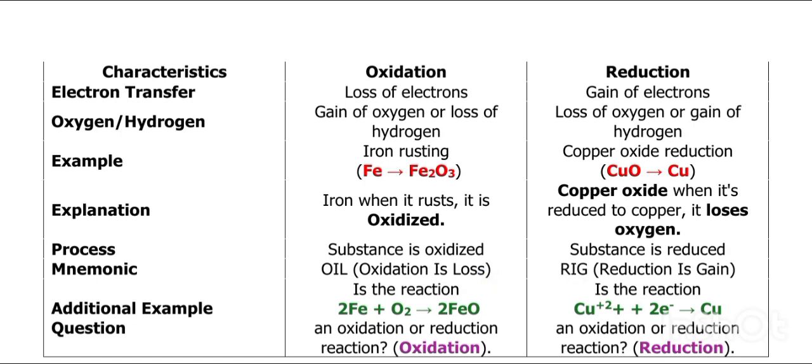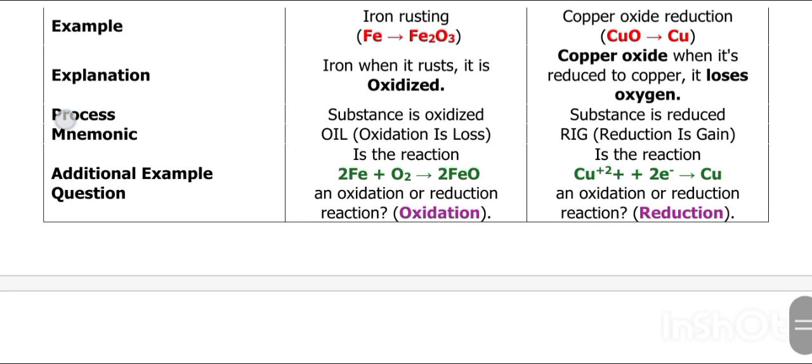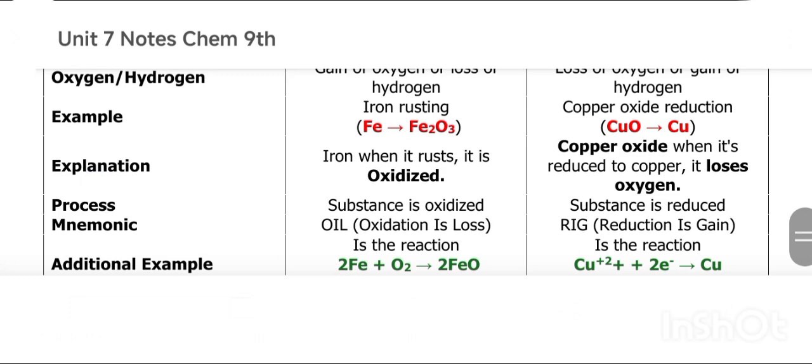Additional example is also given, in which iron is reacted with oxygen to form iron oxide. So oxygen is added, it is simply oxidation. Copper plus 2 is gaining 2 electrons to form copper. You can simply call it as reduction because of the gain of electrons. Now here there are two plus charges. One I had put by mistake here. I am going to remove it. When you are writing this, just remove a single plus sign. Now this is all about the difference of reduction reaction.